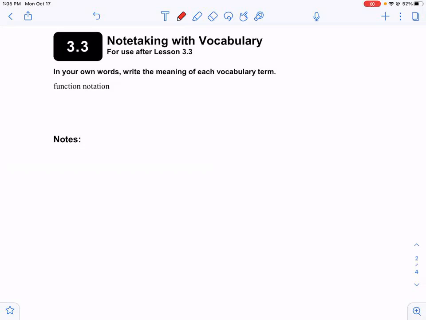Okay, so here's our new notation. Are you ready? This is our notation, and we say f of x. F is the most common name we will give a function. It's not the only one. X is the most common input we will use, but it's not the only one. Okay. F of x